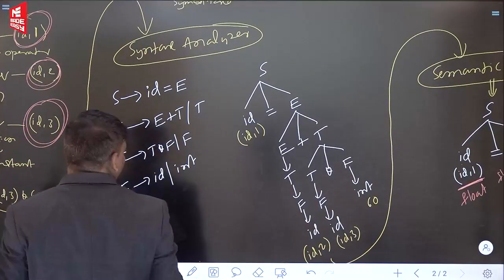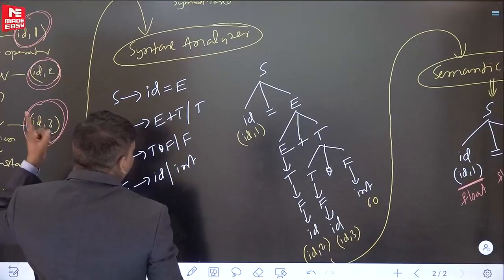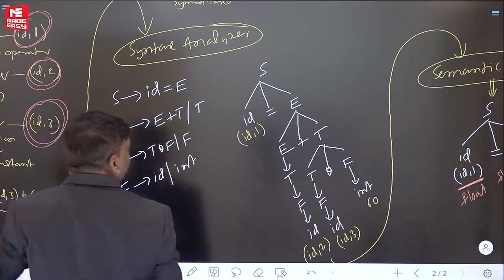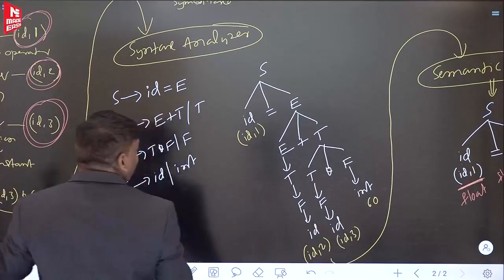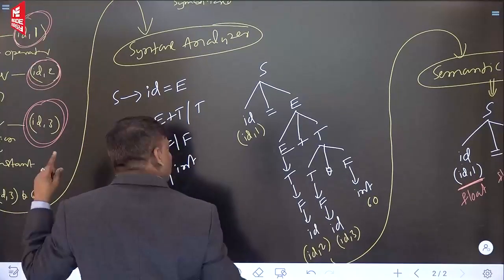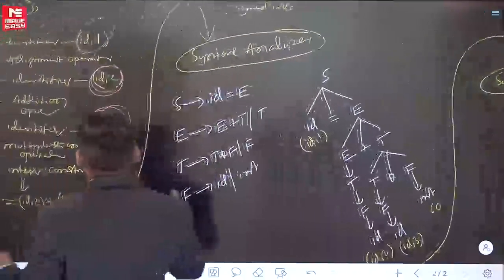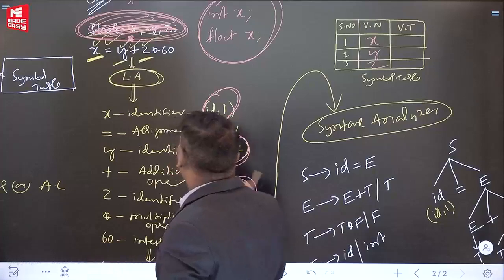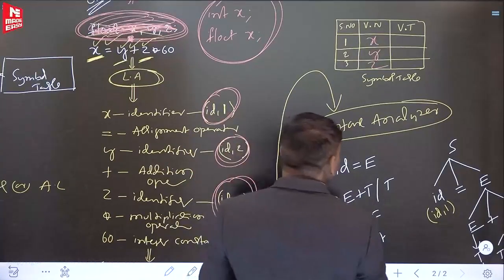For every line of your program, one tree will be constructed. If a tree is possible successfully for every line, there is no syntax error. If even one line's tree is not possible, you will get at least one syntax error. Next, while doing tokens, you divide the given program into tokens. There itself an error can come, a token error. Right? So this is the